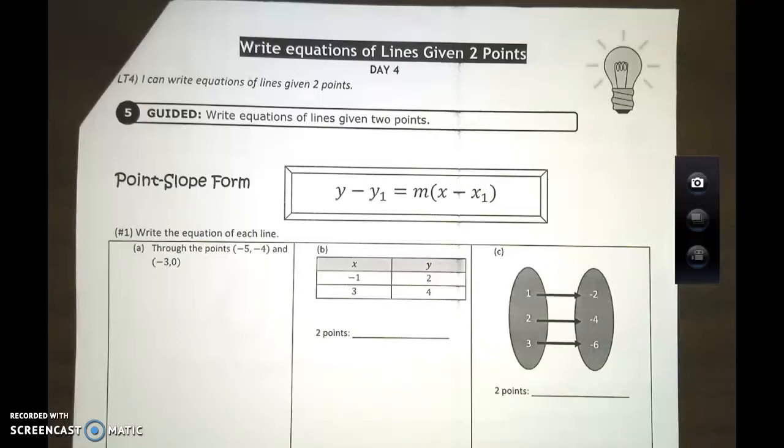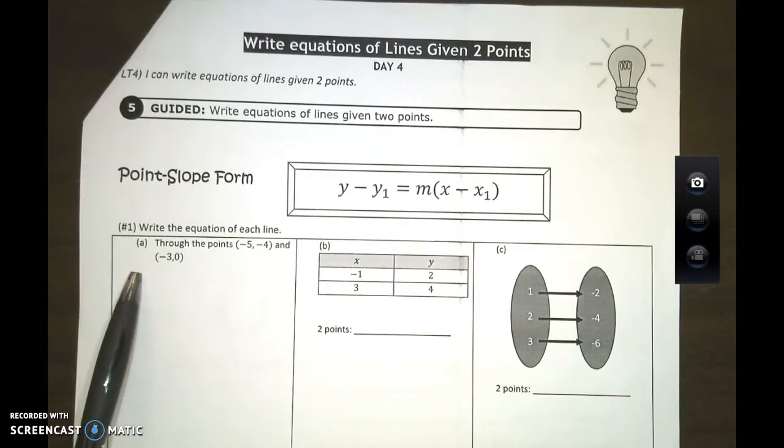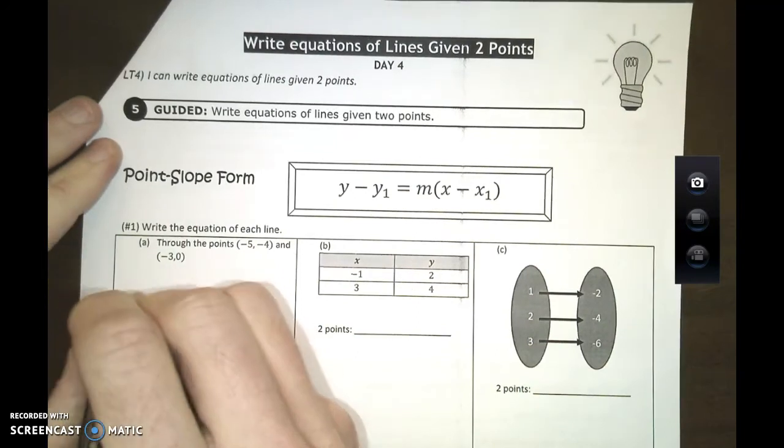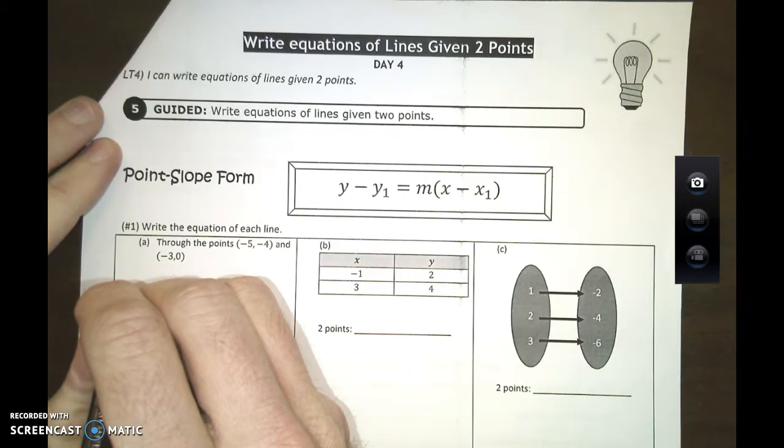Alright, today we're going to look at coming up with the equation of a line when you're given 2 points. So our target is that you can write the equation of a line given 2 points by the end of class today. So we're just looking at the first example here for letter A, when you're given 2 points directly in coordinate form. So we're going to do the same thing we always do, and we're going to list our steps. So step 1,